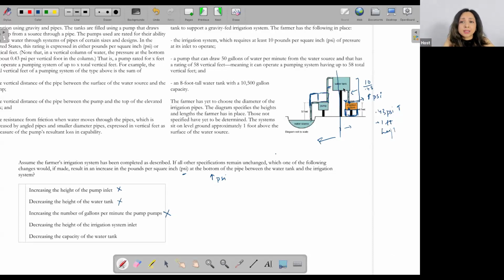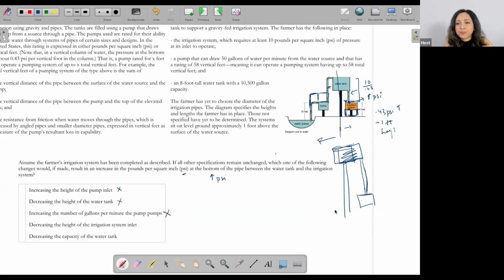As we discussed, either we push the water tank up and increase the height, or I pull the irrigation system down, and that is how I increase the height of the water column, right? So for example, if here is my water tank, and so let's say here is the entire water tank, and then here is the irrigation system over here.